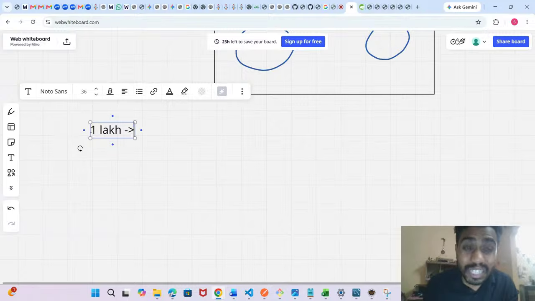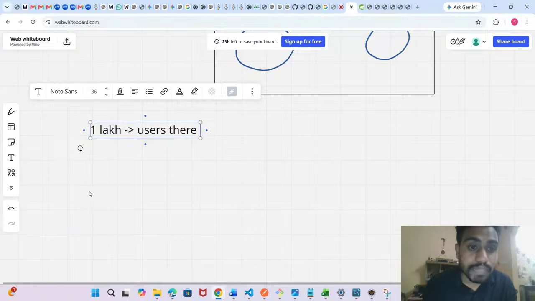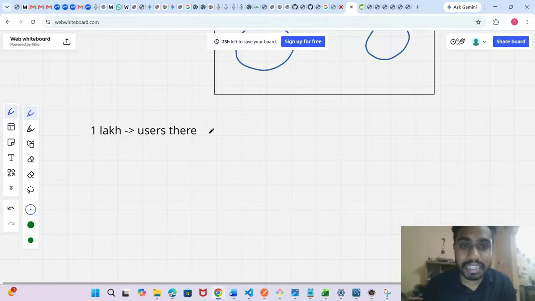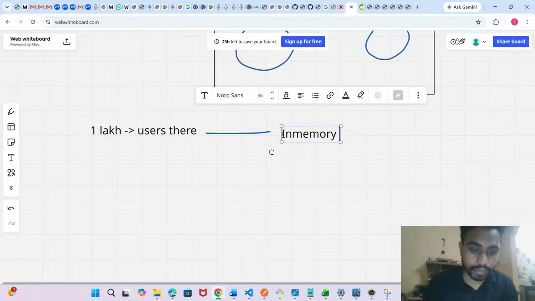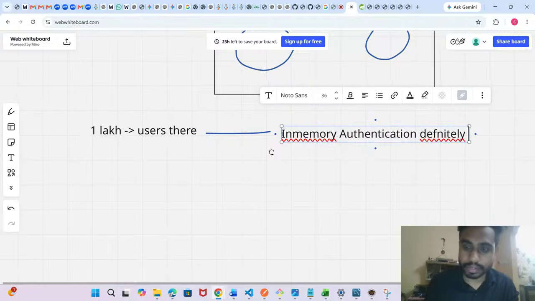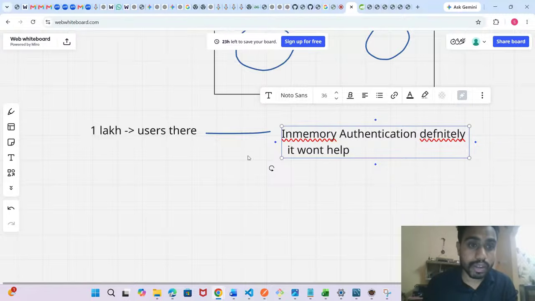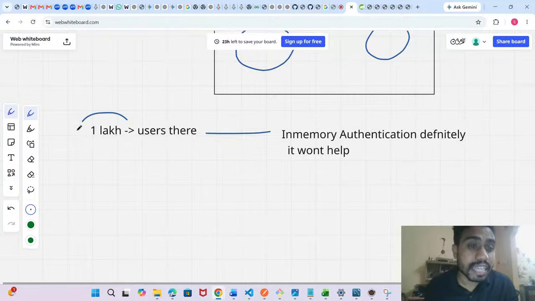Definitely no. It won't help. If you have this many users, you need to go for a DB. You need to take the support of a database.